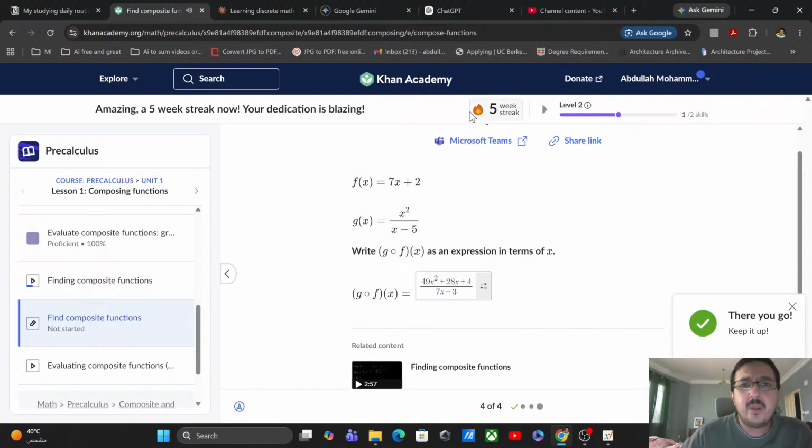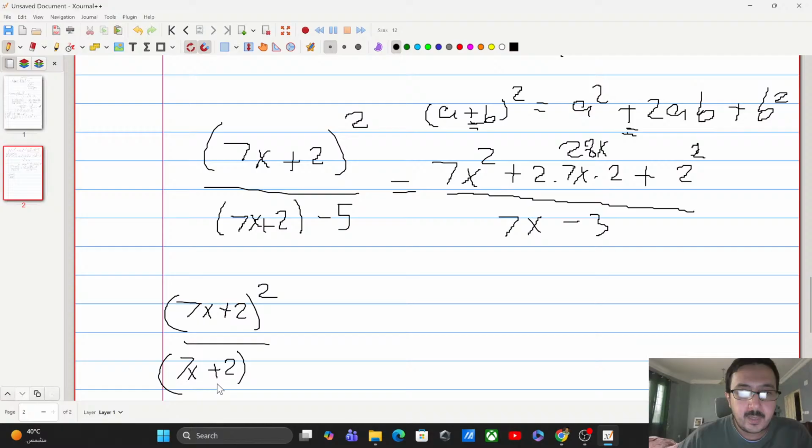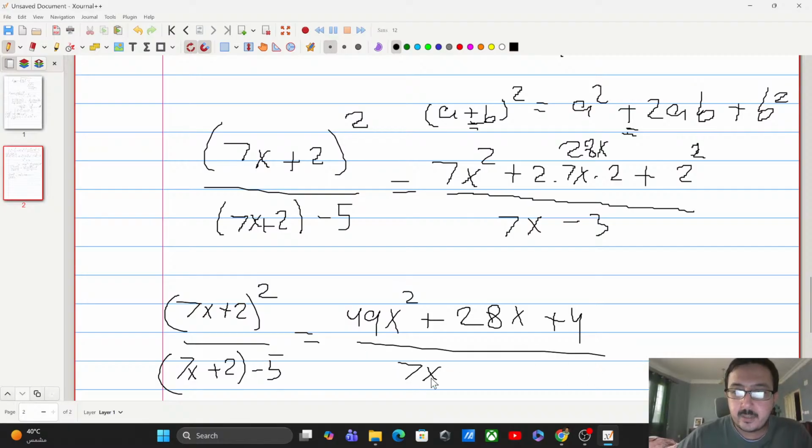Okay, a second. So 7x plus 2 over 2, I got 7x plus 2 minus 5. I got 49x squared plus 28x plus 4 over 7x minus 3 equal,